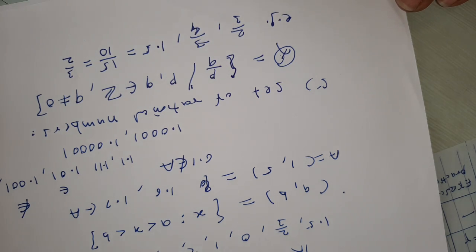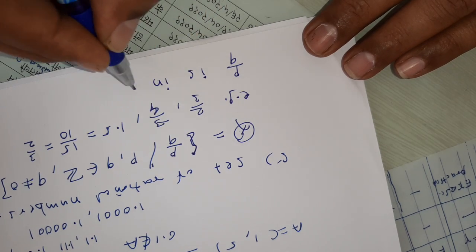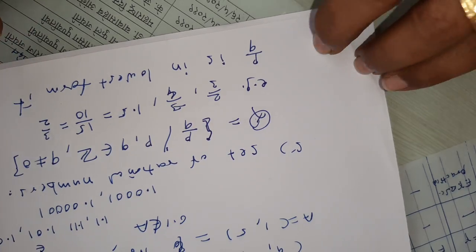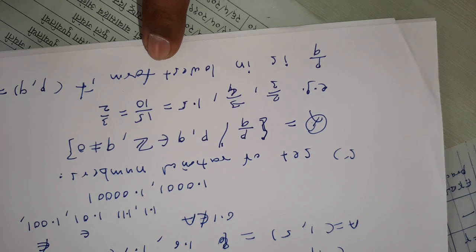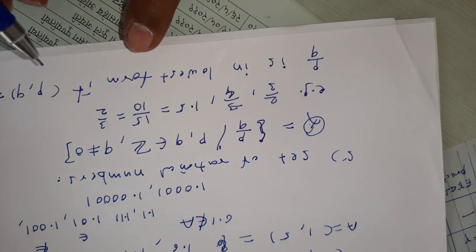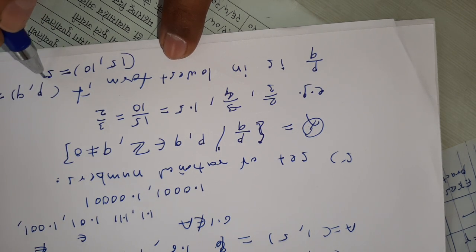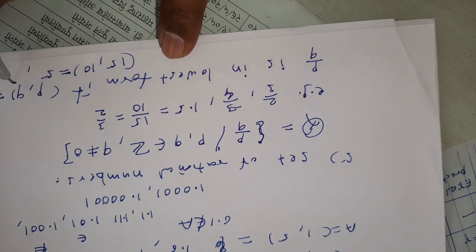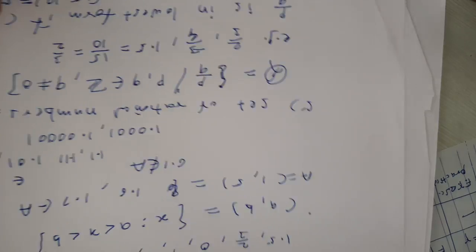So when we say P by Q is in its lowest form, that is, if the greatest common divisor of P and Q is 1. So what is the greatest common divisor of 15 and 10? The greatest common divisor of 15 and 10 is 5. 5 divides both these numbers, and 5 is the largest number that divides these two numbers. While the greatest common divisor of 3 and 2 is 1, and so 3 by 2 is in lowest form.